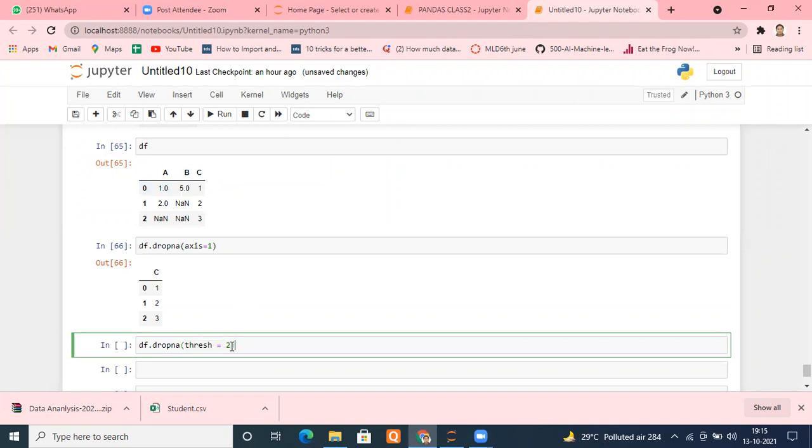Yes, it is satisfied. Thresh equal to 2 means a minimum of 2 non-NaN values are required so that the row doesn't get dropped. Understand what I'm saying. This is the not condition. It's not true for 0 and 1. It is only true for the second row. No, wait. Now understand what I'm saying. First, understand what is the meaning of thresh. Thresh means threshold. I want to drop a row,